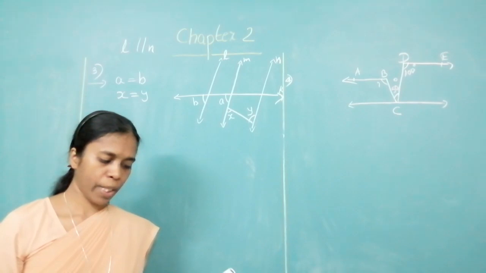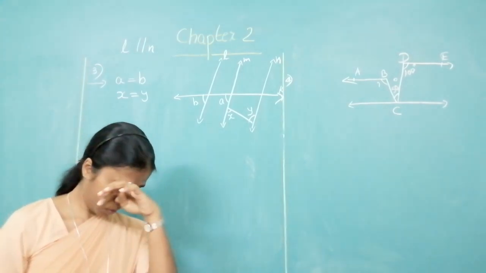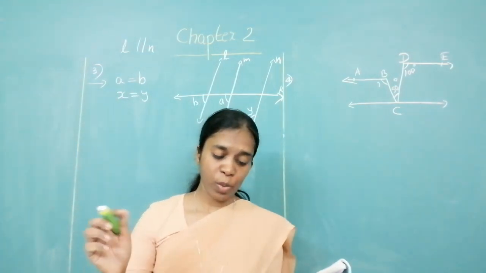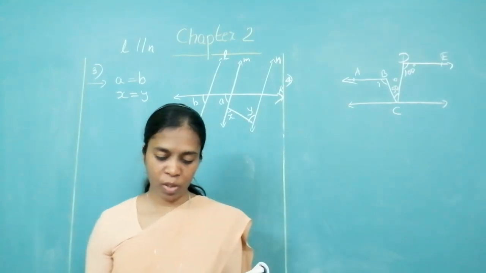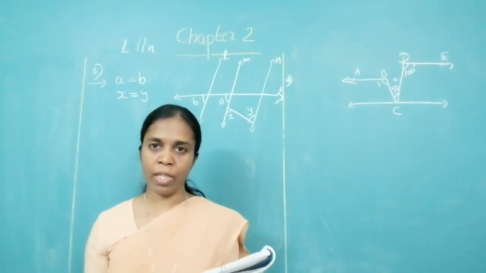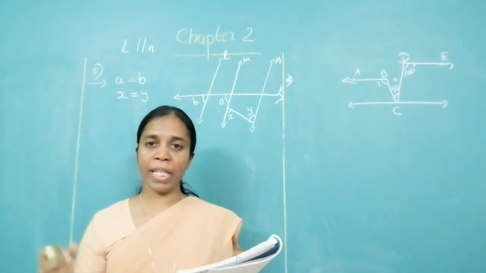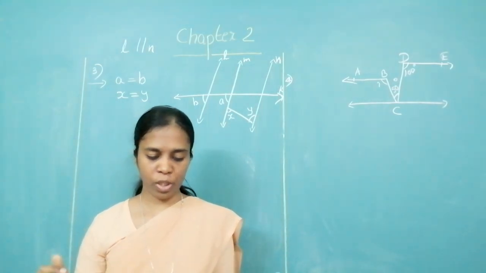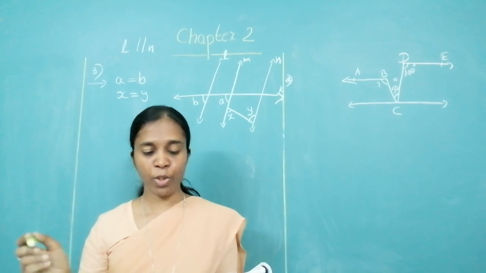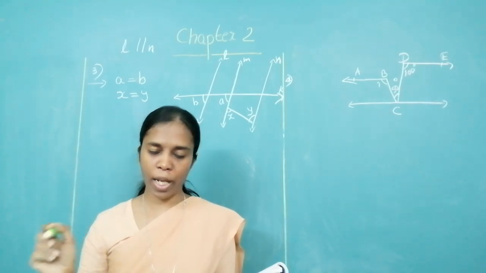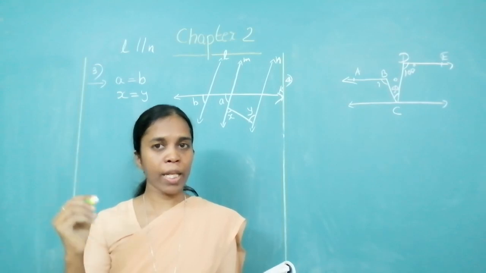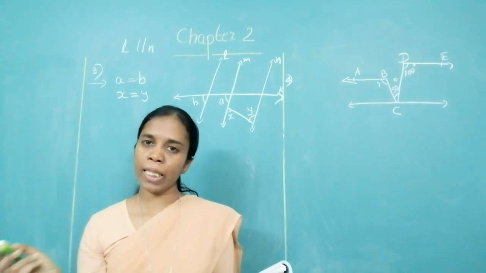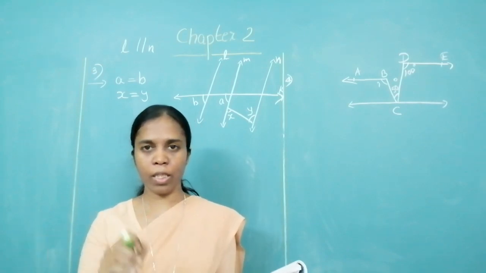Okay girls, take practice 2.2, question number 2. I told you last time, we had two parallel lines. I just said the opposite of it. We are given A is equal to B. But in my solving it, I said that we are given the lines are parallel, therefore prove A is equal to B. Okay, it is just the opposite. We are given A is equal to B, therefore you have to prove line L is parallel to line M. If you look at A and B in that, what are they? They are exterior alternate angles. Therefore you say that the lines are parallel. You have to just interchange the statements over there.